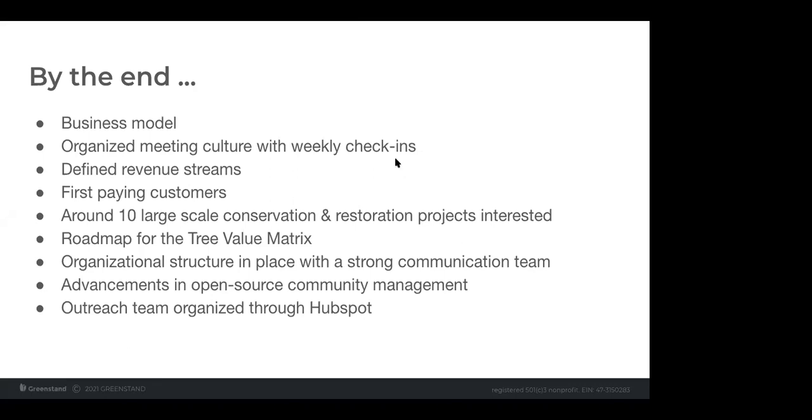We also have the roadmap for the tree value matrix, as you saw earlier, and we got our organizational structure in place. We also got a really good grip on how to manage the open source community and to engage with our volunteers. And this is something that we are very proud of, that we really give the community members a space where they feel they can contribute to something that is meaningful, and that actually is not the usual type of development,